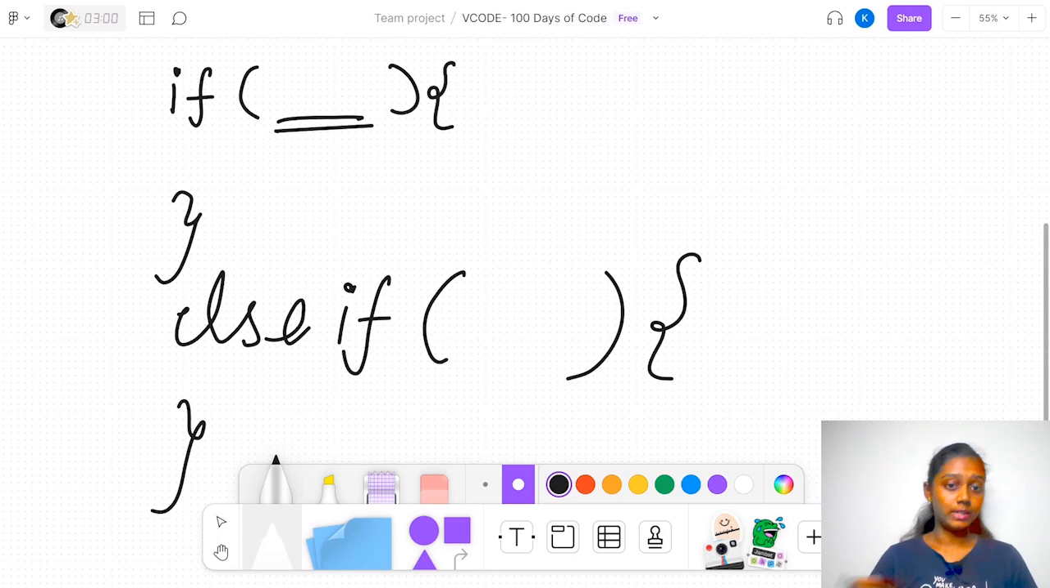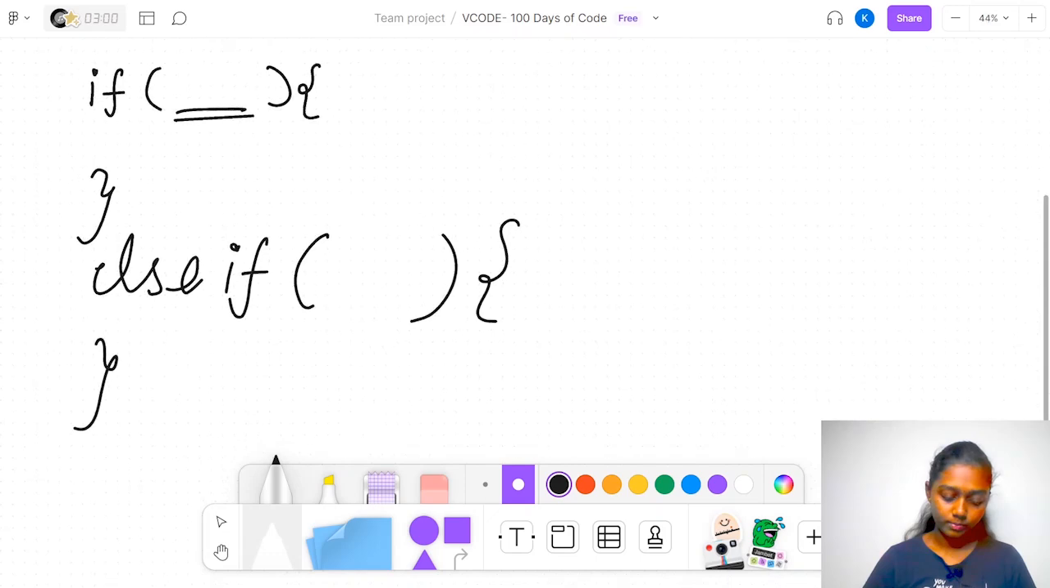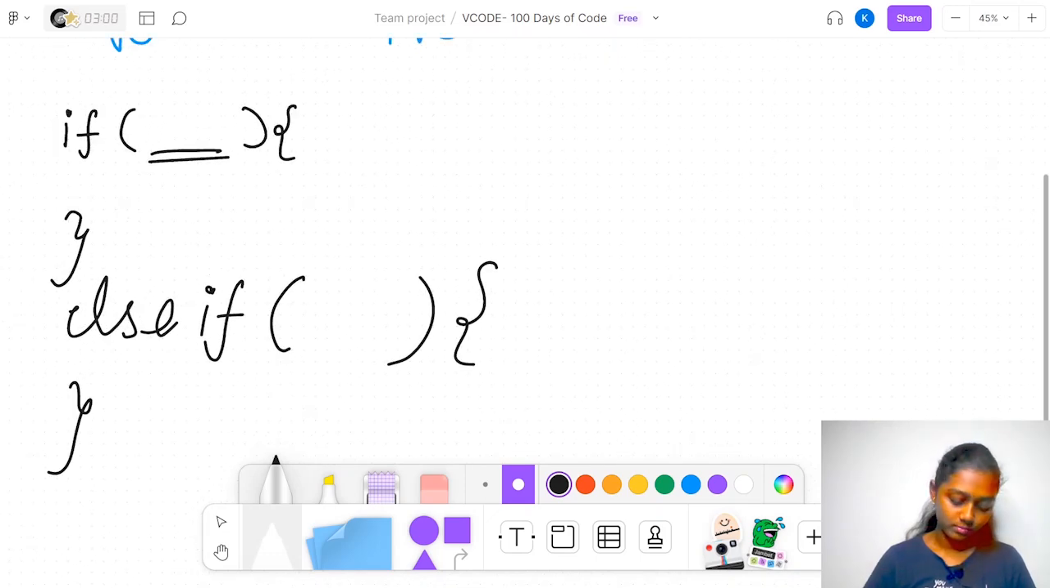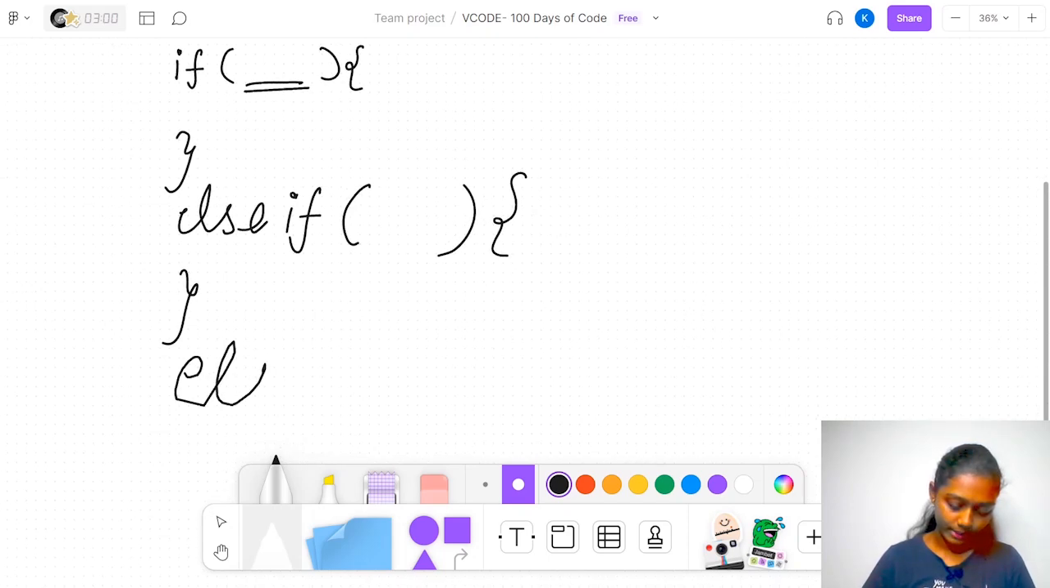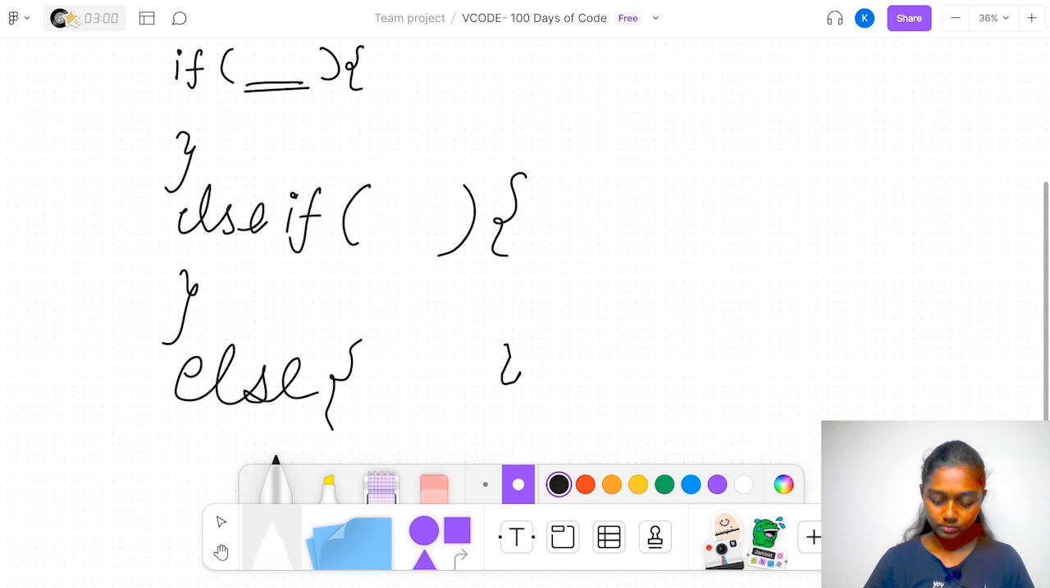Even if this is also false, now what do we have to do? We have to do else, and that would be the final step. So here we will write else. There won't be any condition here and we will directly write the statement. So this is the basic structure. First this code block would be performed. The condition in this question would be